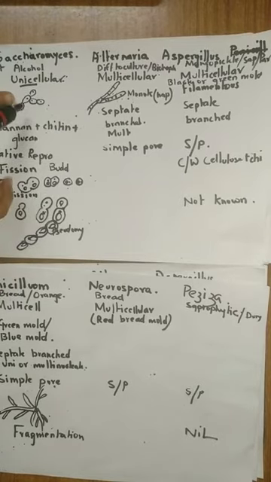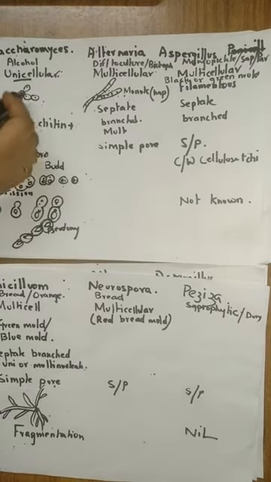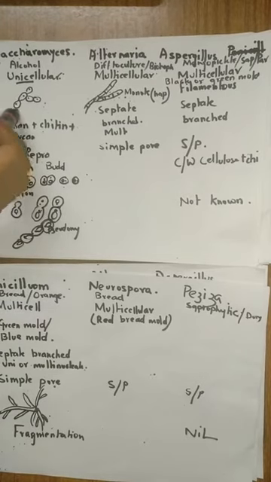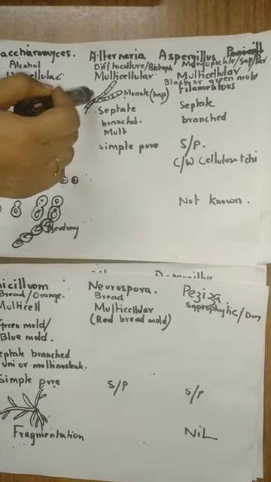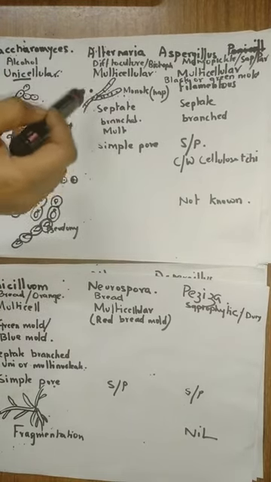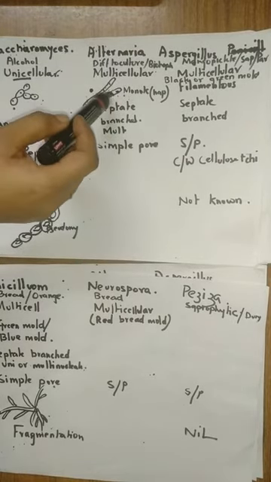Here they look multicellular because due to budding, new cells are produced, and these cells are attached to each other and have a pseudo-mycelium like structure, so they appear to be multicellular, but actually they are unicellular. Alternaria is multicellular, it is filamentous, and it has unicellular hyphae, and these hyphae are septate,